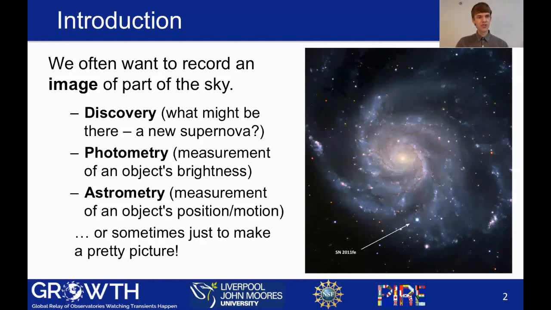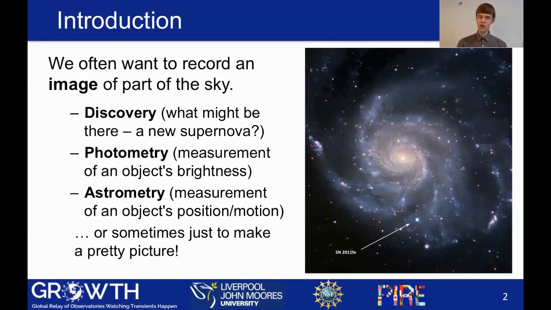Why take optical imaging in science? There are many reasons why we may want to record an image of some part of the sky. One might be discovery, to look for something new or interesting, such as a new supernova in a galaxy, as shown here. Another would be photometry, to measure the specific brightness of a known object, perhaps as a function of